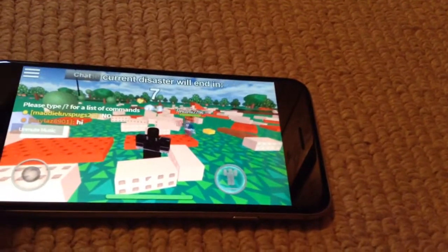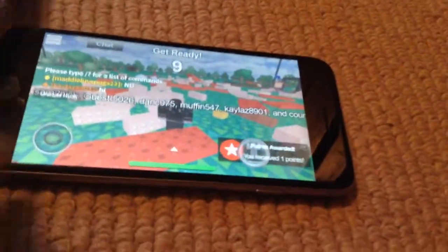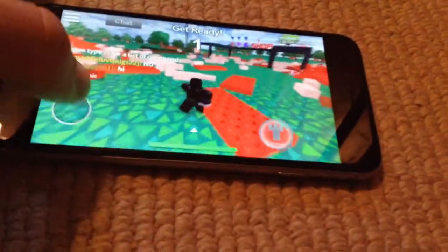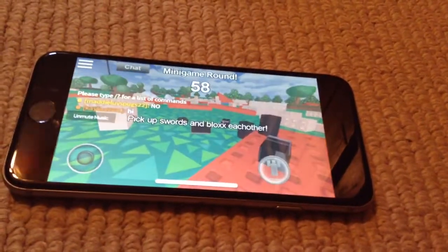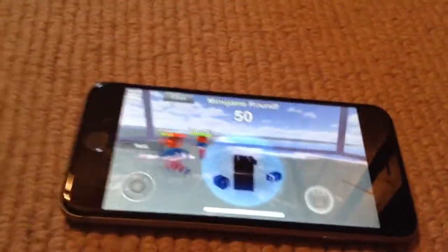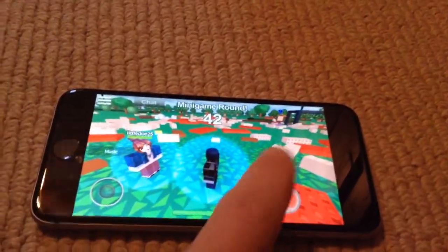Because the iPod Touch uses the A5 chip, and this uses A8. A5 compared to A8, this is the difference right here. But on the iPod Touch, the hardest thing, the biggest problem I have with Roblox with my iPod is the lagging, because it has to pick up every detail,